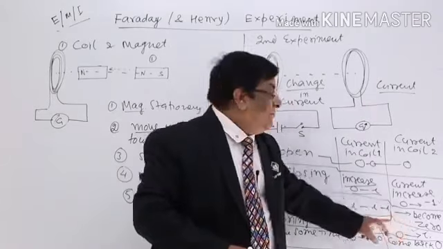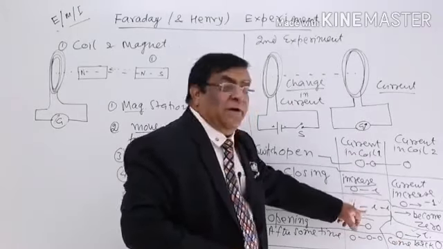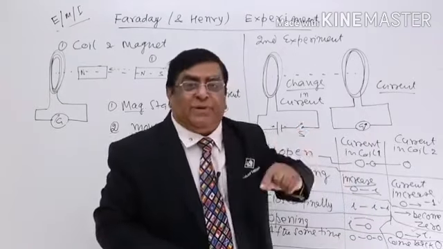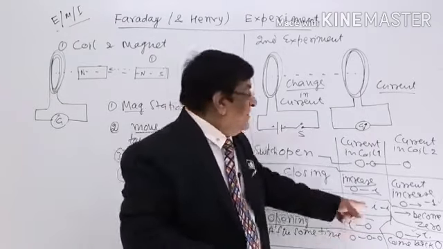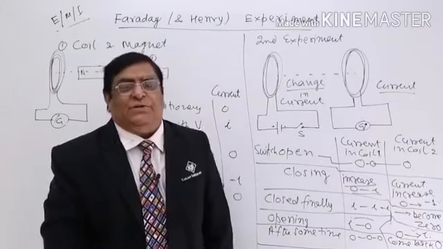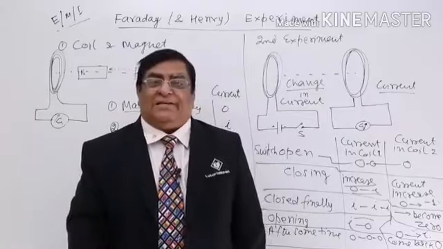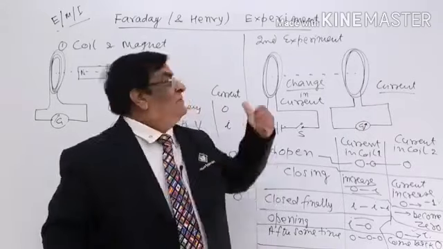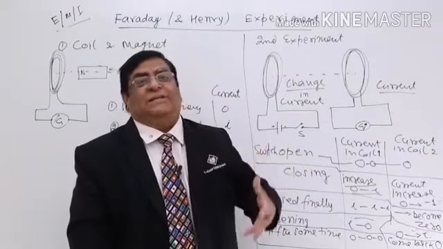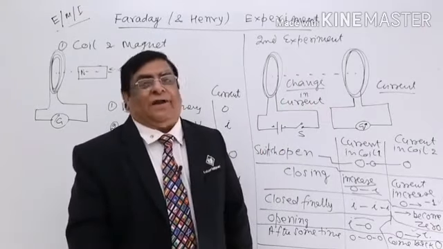This will show 0 because it is not concerned only with the current, it is concerned with the change of the current. There should be current and there should be a change also. Then only it is showing the current. So, now you have understood that the current is related to change either in this or in this. How was this explained by Faraday?